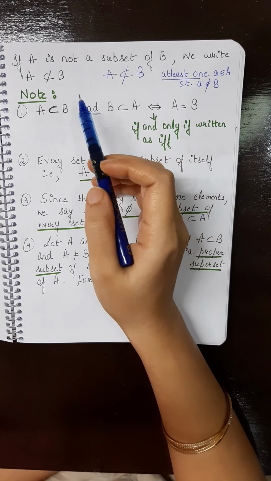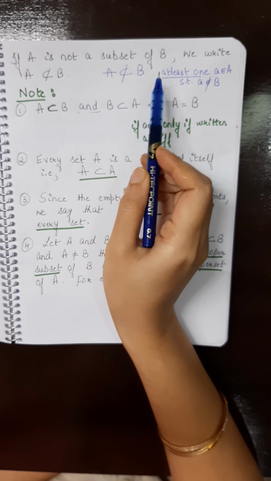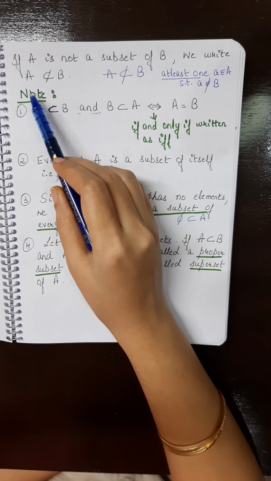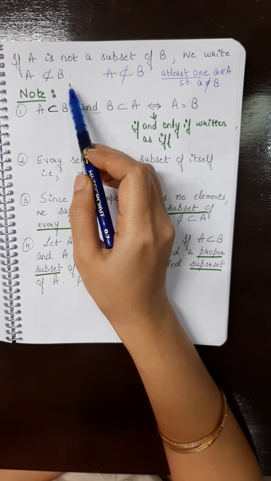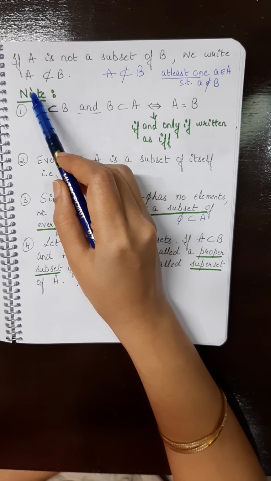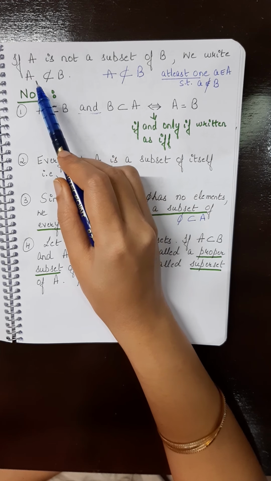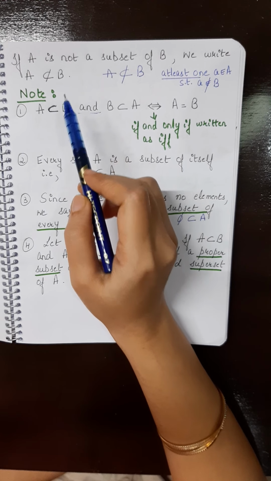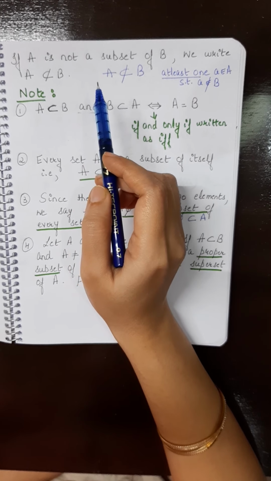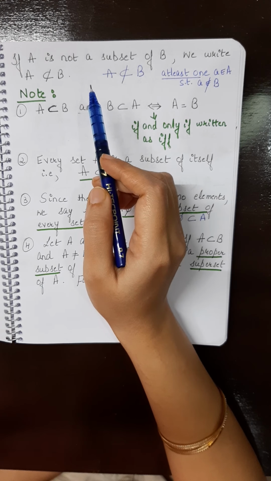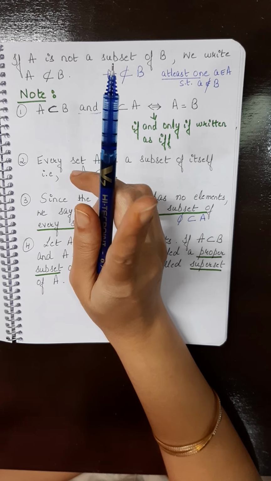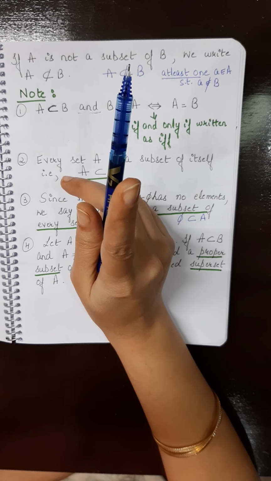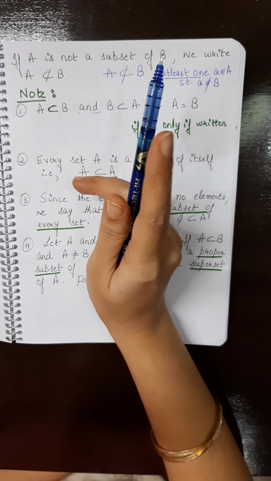Now the next point to note is, if A is not a subset of B, how do we write it? We write this as A, with this symbol. This is the symbol for not a subset of B. Now have you noted when A is not a subset of B? What is the definition of A is a subset of B? If every element of A is also an element of B. Now A is not a subset of B means you have to find at least one element of A, at least one, one or more than one. You have to find at least one element of A which is not there in B. So just one is enough.